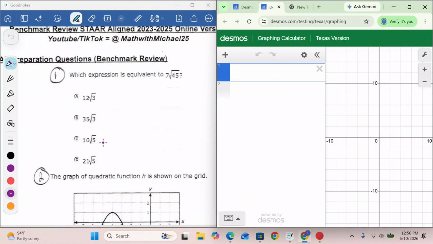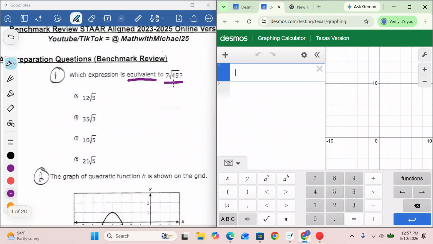So let me see, we're gonna put in this one, 7, and the keyword is equivalent. We're looking for something that is equivalent. So those are the only keywords. Make sure it has a thing. Okay, it's working. So what we're gonna do is we're gonna input this one into Desmos, and we're just gonna